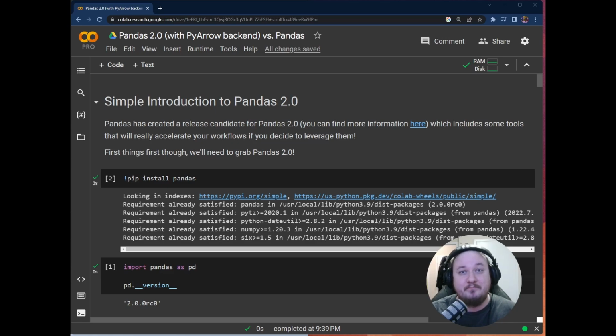But we now have the ability to very quickly and easily change that and start using the PyArrow backend, which is built on Apache Arrow, sorry. And it's just an amazing tool. Apache Arrow makes pulling in and pushing out data super fast while in memory. And that is obviously a huge benefit